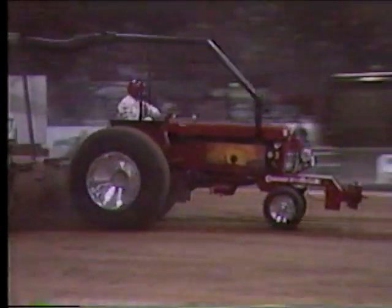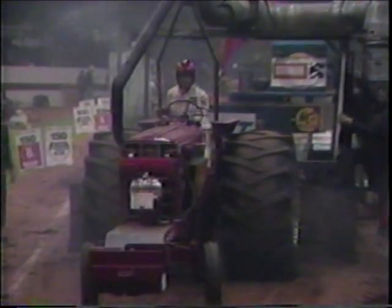Here we come now. Jim Acton, dust devil, good-looking tractor. Tires are really turning. Beautiful run as he begins to slide to the right. Just wants to pull every one of them over to the right-hand side of the track. And, of course, they're pulling a lot of weight behind them, and that sled sometimes maneuvers the tractor one way or the other. Jim Acton,